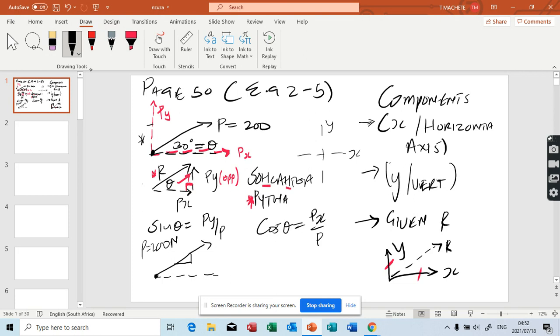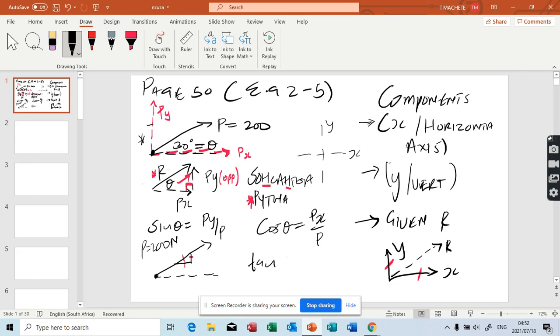So this simply means, you see that 30 degrees. Instead of writing 30 degrees, you can write this in the form of the minor right angle triangle. To find the values for this, I'm just showing you for interest's sake. You'll see the applications when we get there. To find the values of this, you're going to say